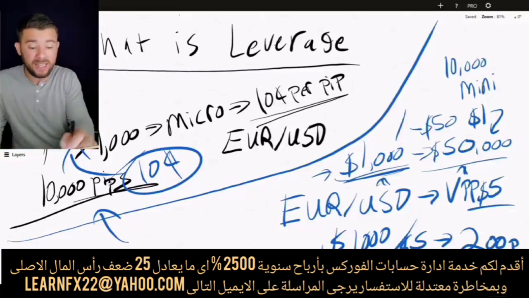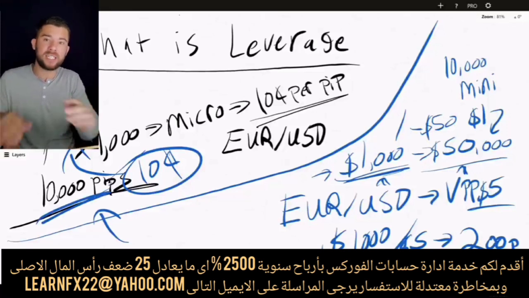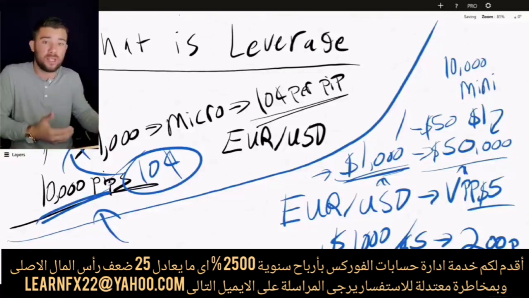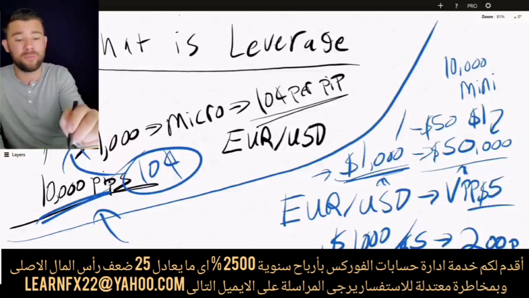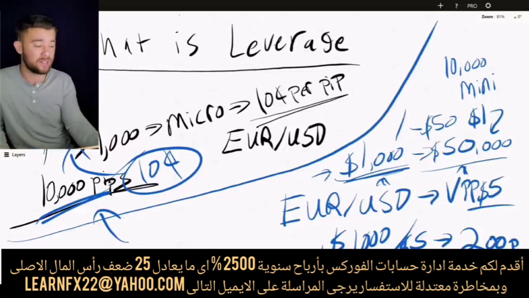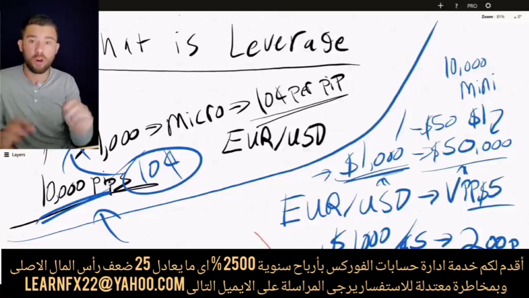So instead of 10,000 pips of risk, the reason most traders blow their accounts using leverage is because they only have 200 pips of risk. And guess what? You don't really have 200 pips of risk, because they are going to margin call